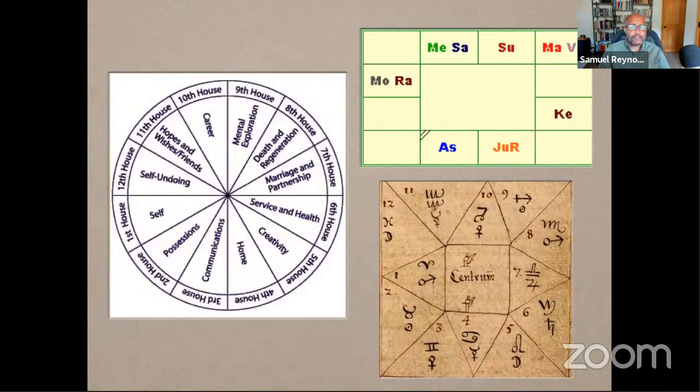So we have 3 representations of houses here. And you might say, well, why? Which I'll go into in a second. You're probably more used to what looks like the pizza pie one where we have the 12 slices. This one is from India, the one where my cursor is pointing, and it's a box. It's a South Indian chart, and again, it's another kind of chart.